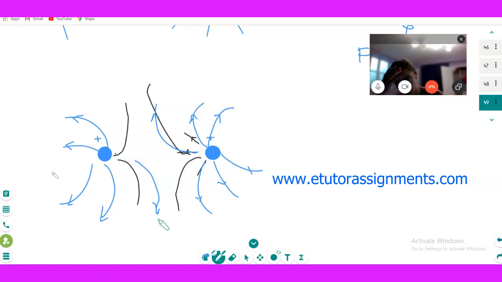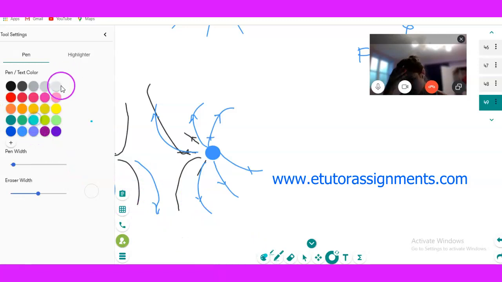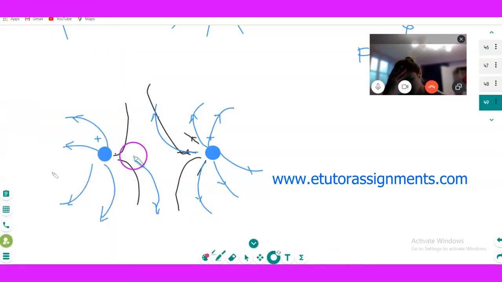One second, let me take something. Suppose this is my unit charge. Can you see? For getting the electric field, keep one unit charge ready in your hand and put it where you want to find the electric field. Here, what charge have you put? A 1 coulomb charge. Now what force is acting here? This is positive, so it will repel. This force will repel this charge. Correct?